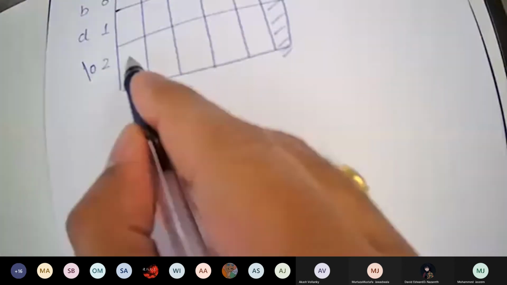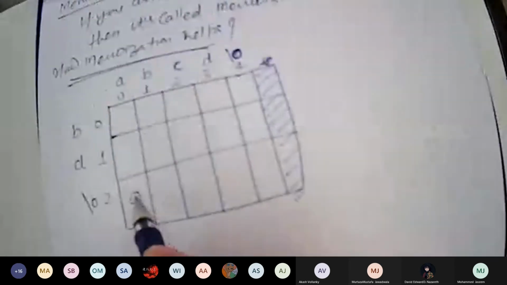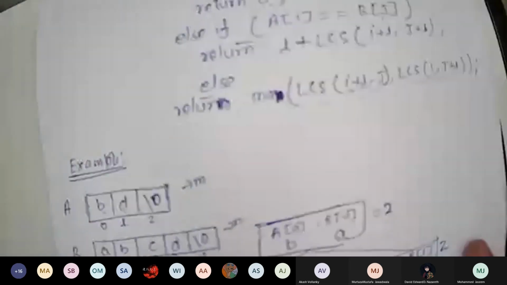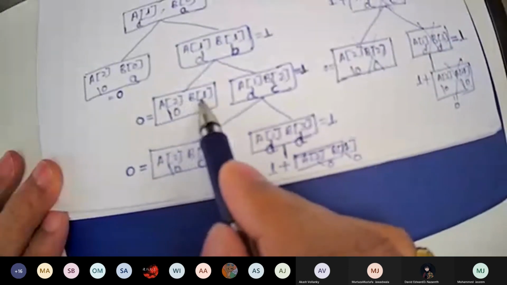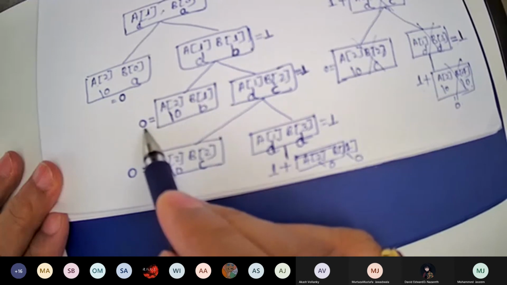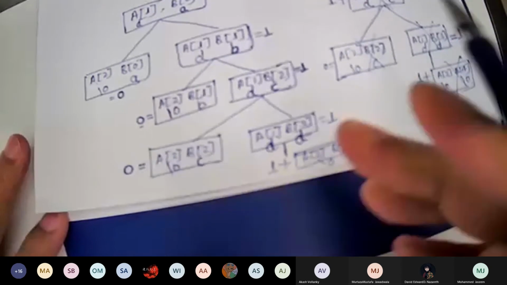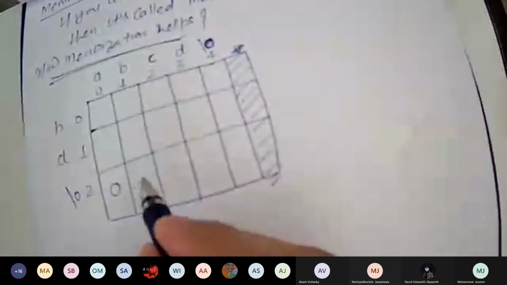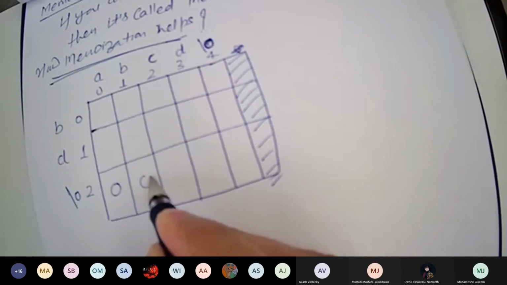So here the value was 0, and we'll write 0 here. The next value which you calculated was A2B1. What is the value of A2B1? 0. So 2, 1 value is here, and you put 0.